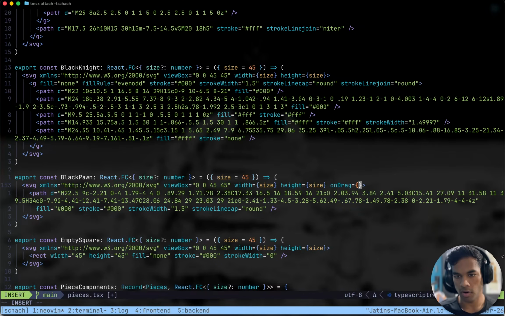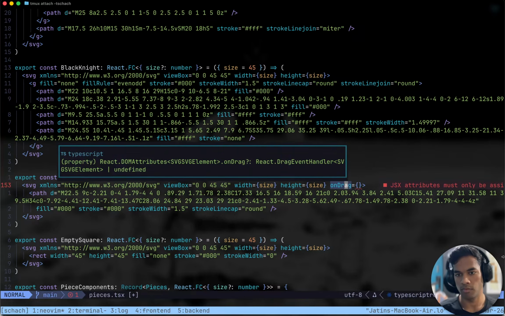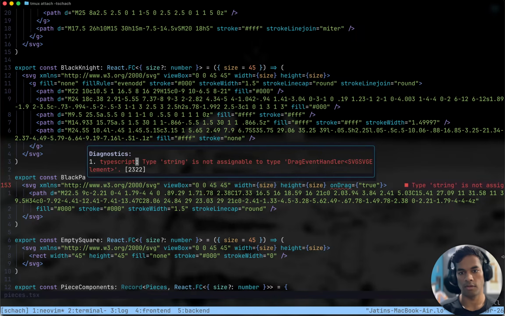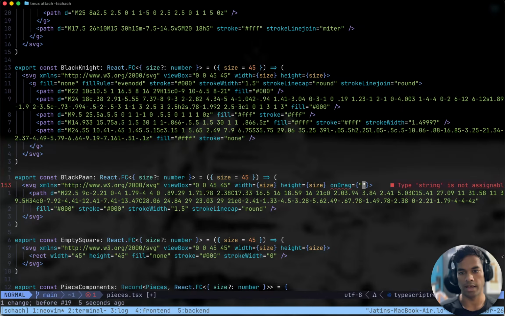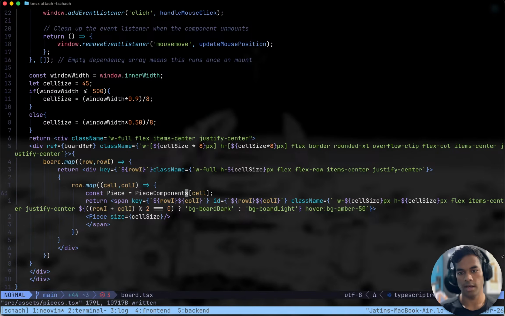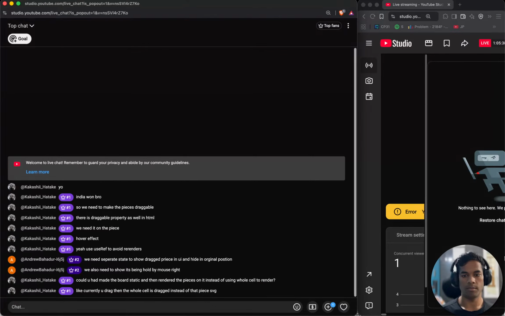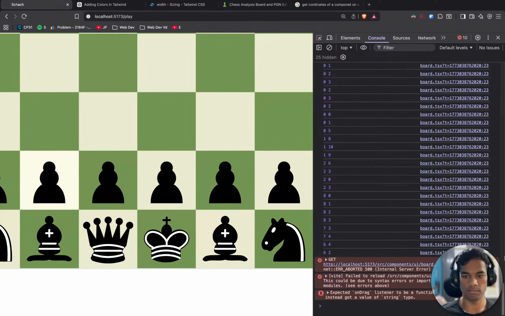It has on drag, which can have... string is not assignable to type drag event. Okay, but yep, we will not be using drag. We will be using event listeners, because we want a bit more control than dragging.